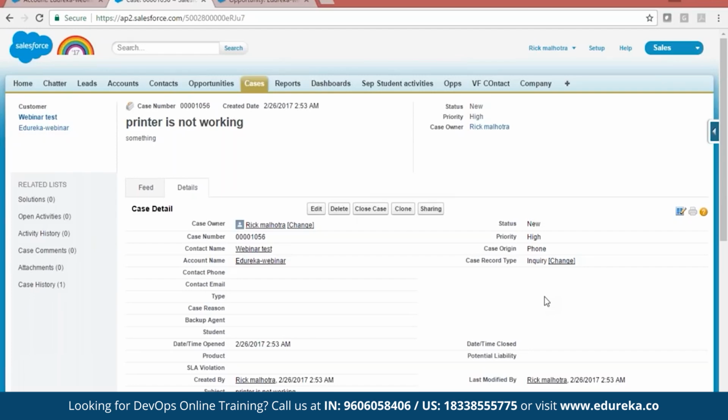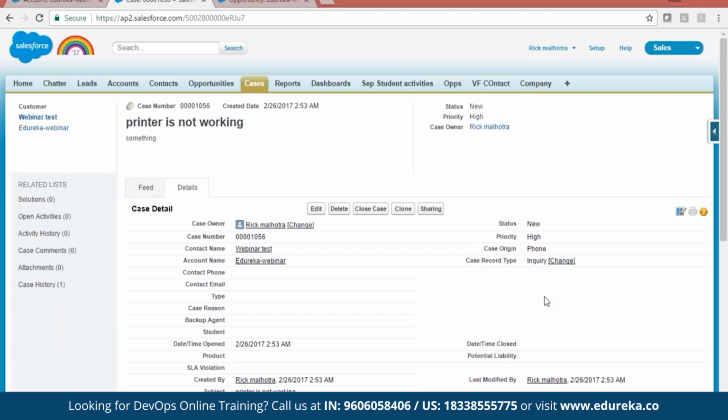Now if I'm an expert in printers, I can fix the problem and I should document it. I followed the steps like switch off and switch on the printer, open the tray of the printer, put the paper, check the ink level and all that. Each and every step is noted down. The next day, or maybe the same case is logged again, printer is not working, a common issue, so the other person can also read my documents, follow the steps and help our customers.